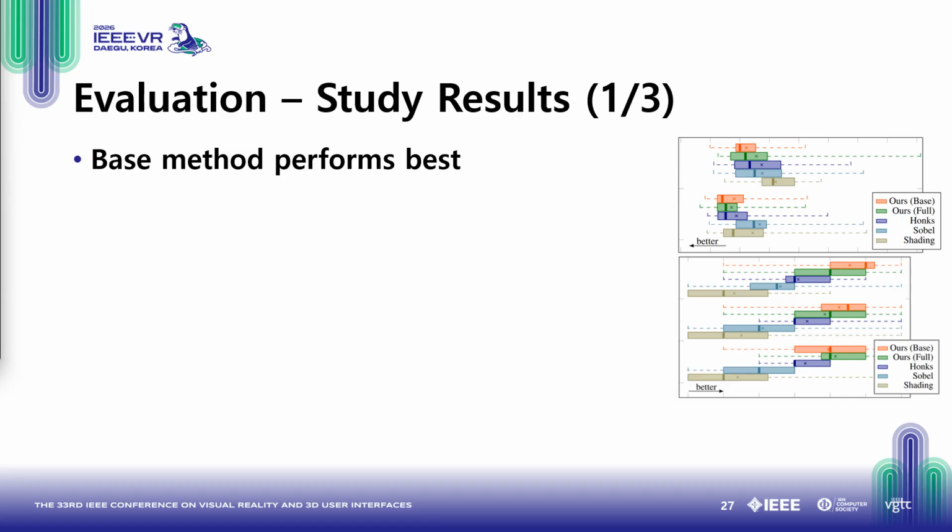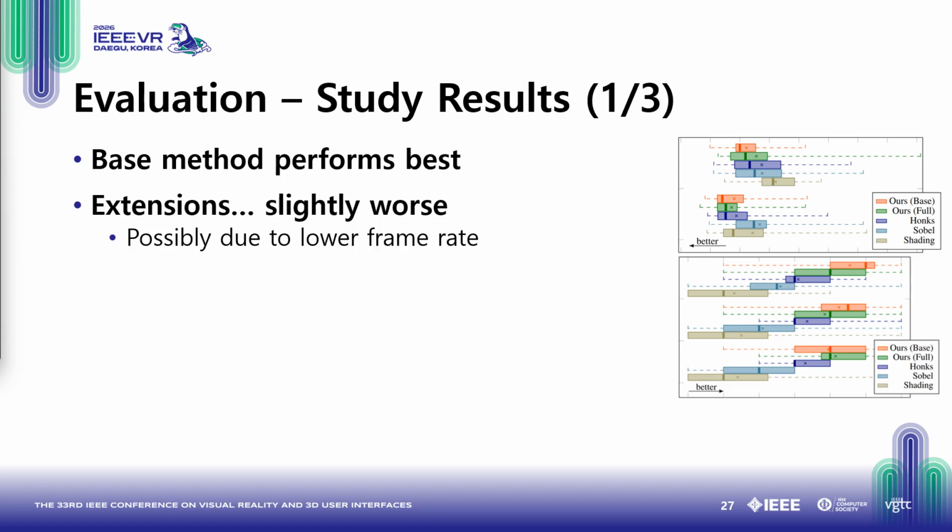Our findings are somewhat positive. Our base method, without any of the extensions, performs best in all categories. However, the full method is second, behind the base. Our theory is that the performance reduction from the extensions causes this, but we don't know for certain. For now, we only consider the base method when looking at the results.